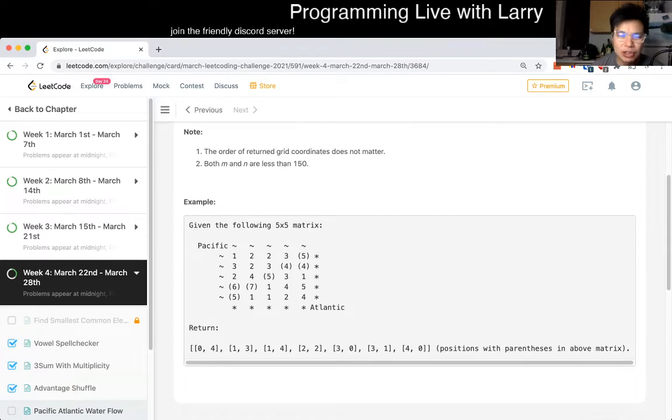I think you can also do it the other way, where for each cell you do a depth first search to see if you reach the Pacific, and then do a second one to see the Atlantic, with caching and memoization. And when you cache, each cell can only be visited at most once. The reason why I don't like that one, when I first thought about it like 20 seconds ago or whatever,